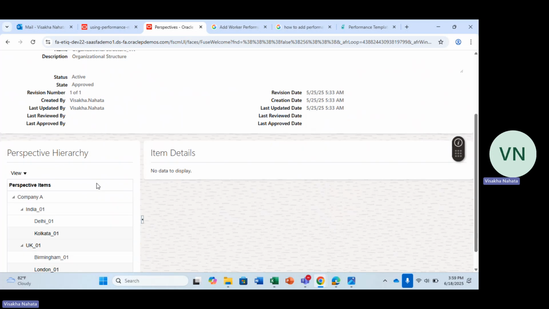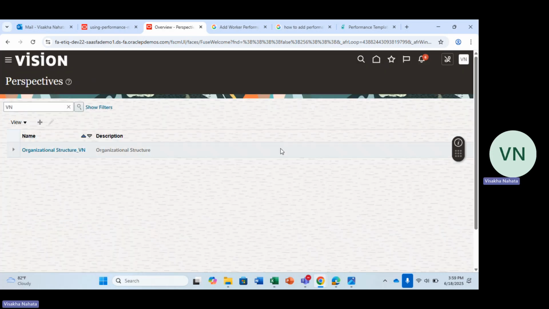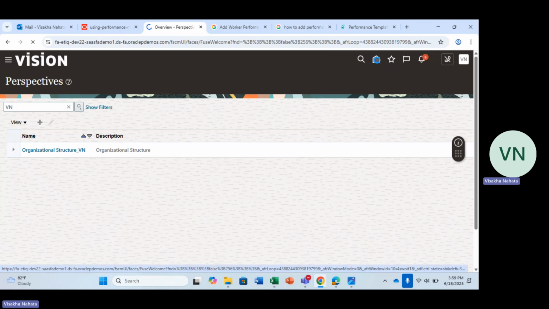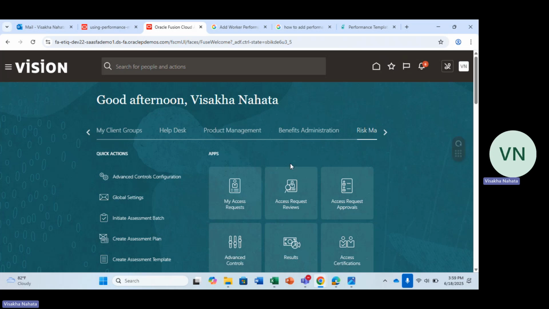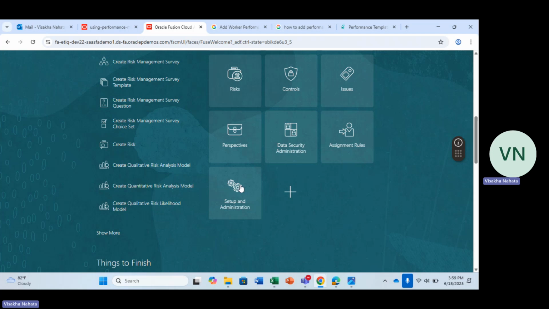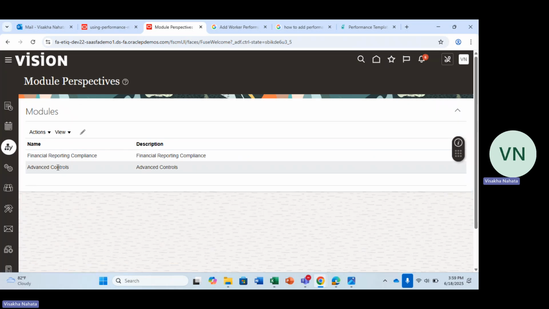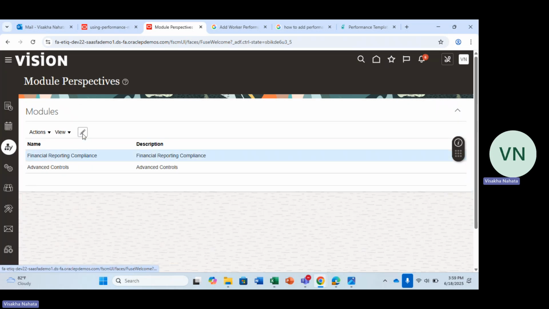And then I went to the 2024 to 2025 documents on perspectives. I read those, and it made me clear on how we can use perspectives. When we are using perspectives, there are a lot of things that can be customized from setup and administration. If I go to setup and administration, and go to model perspective, from here if I go to edit for financial reporting comparisons,